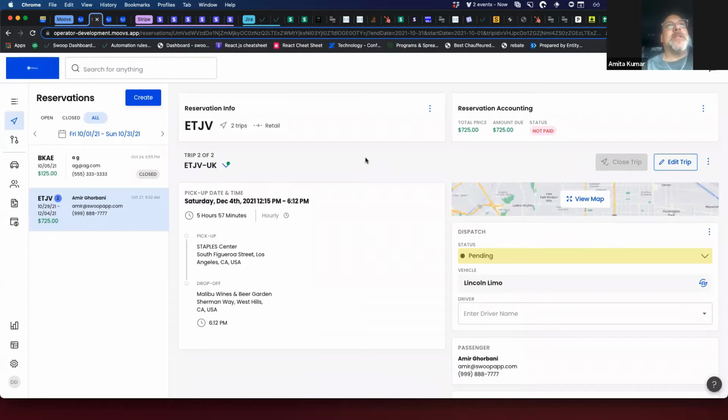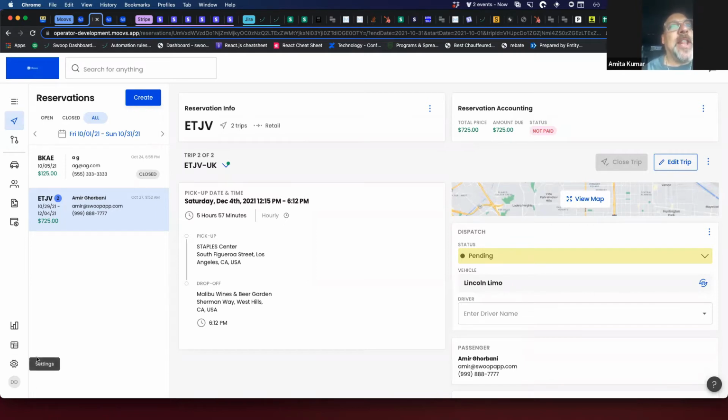Right. See, the problem is people are going in and plugging this information in just like you did. But if they don't choose the hourly, they're not going to get an hourly rate. They're going to get a transfer rate. Now, that being said, I have had some reservations, and I don't know how the people booked it, but to our benefit, they are paying a ton of money, but not a lot of people put the end time because you have to click on that little icon to add that additional information.